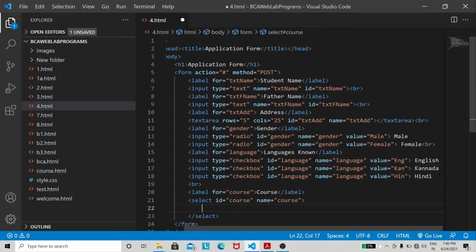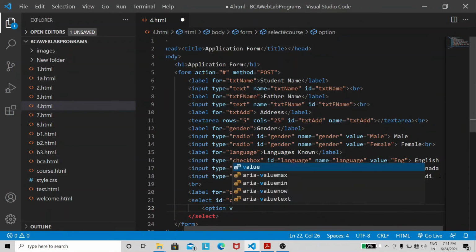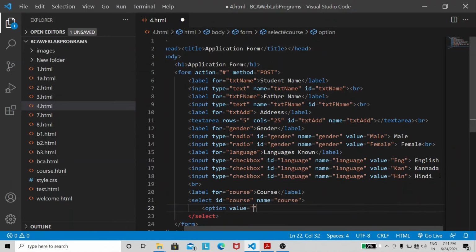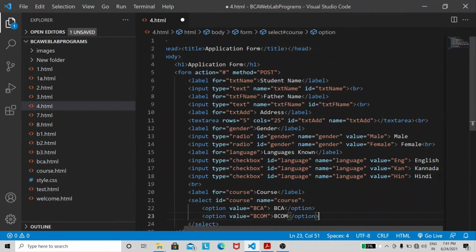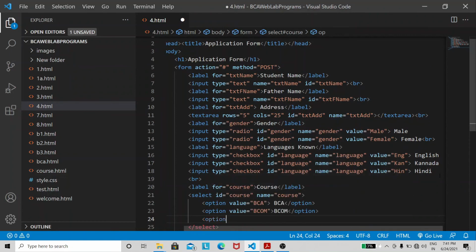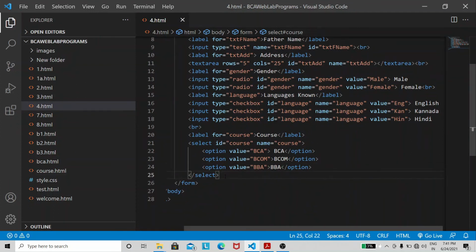Now option, value we have to specify, so BCA. Next option value BCom, if the user selects BCom. Next option value is equal to BBA, if the user selects BBA. I think this is sufficient for our small form.